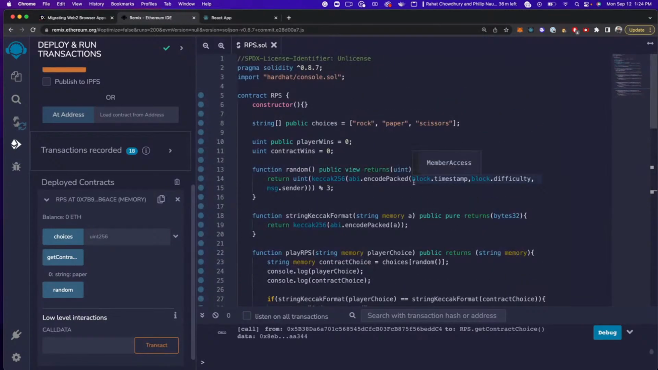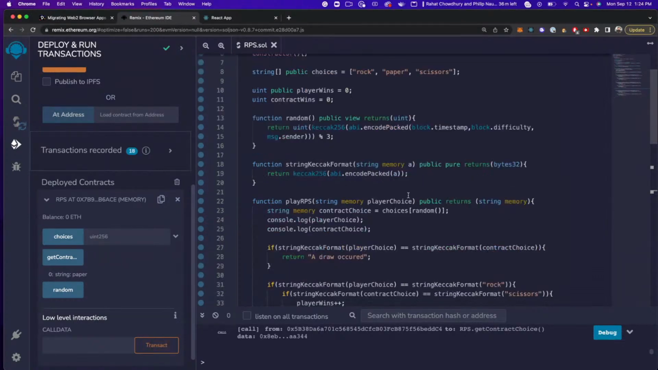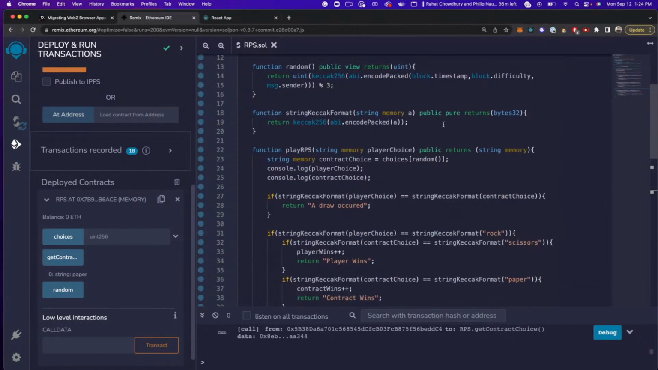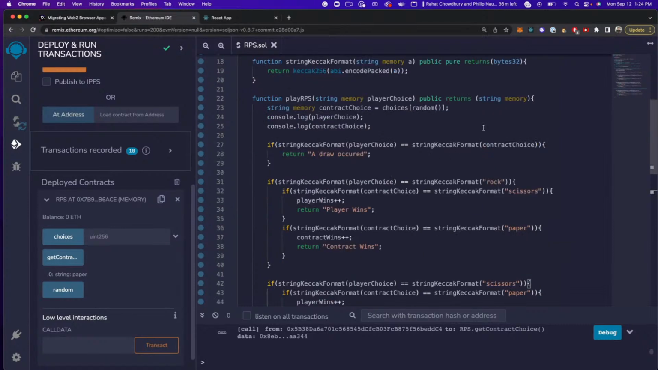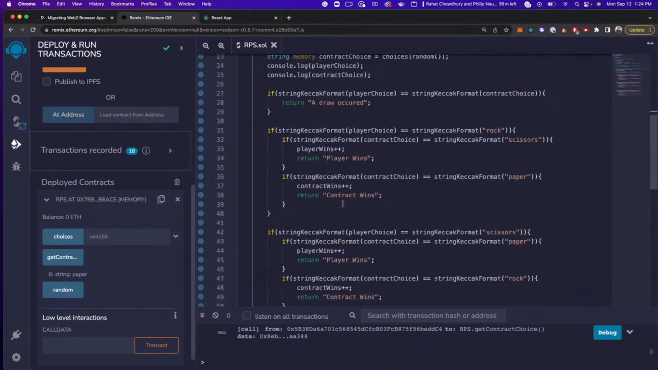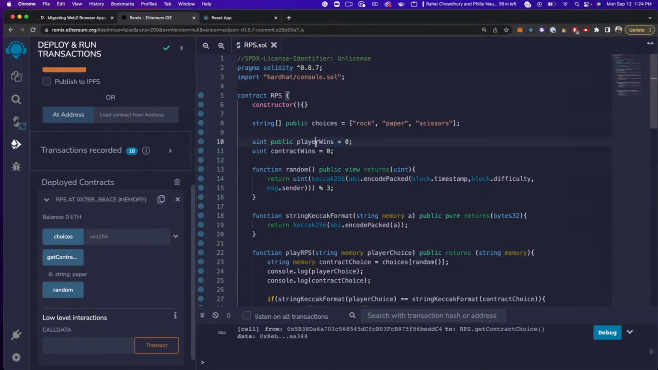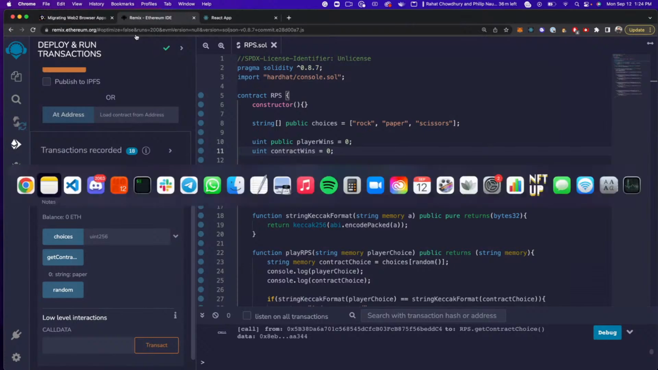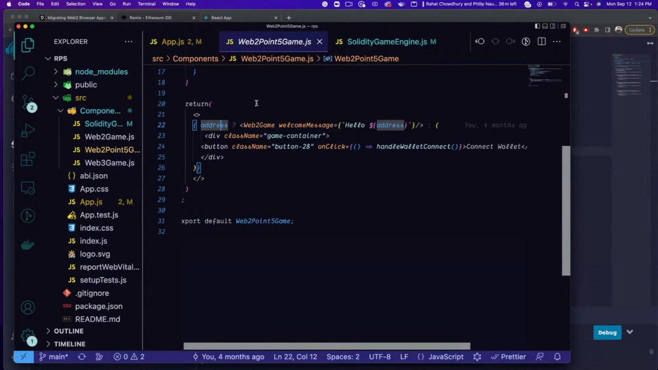So now what we're doing is we're bringing this further on chain, right? We have our view functions as well as this public function that actually updates state. So it's no longer just a view. And it'll return you some string and also allow you to keep track of the player wins and contract wins. Cool. So I'm going to go ahead inside of my React application,